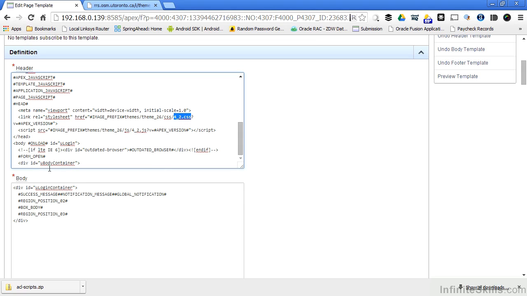So when I want to see information about uBody container or uLogin container, I know I can see that information in the style sheet that's been defined for this template. How do I actually go through and see what's in this 4_2.css file? We're going to have to do a couple of things to our database for us to get access to this